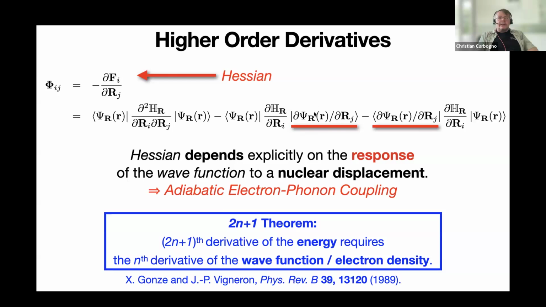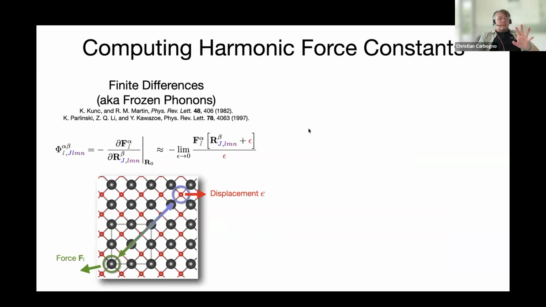Good, so there's some way you need to calculate these derivatives. We'll dive into that a little bit later as well. There are some ways around that. One thing that you can do to avoid that is to stick to the forces and just calculate the Hessian by using finite differences. So what you do, you really calculate the forces acting on these atoms by displacing individual atoms.